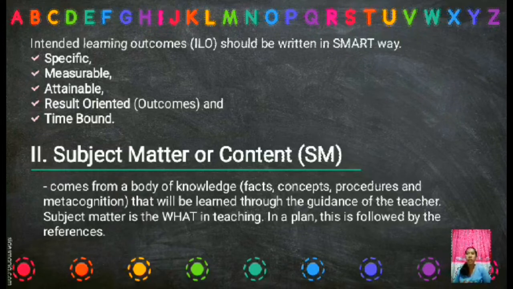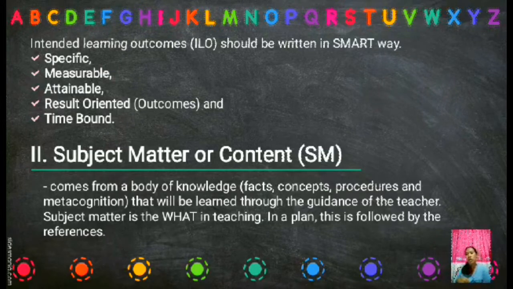So meaning when we create our intended learning outcomes, when we say it should be specific, you should use clear and direct language in telling exactly what the learners should learn. Next is measurable. So when we speak about measurable, it is something you can measure. Kalang diri i-determine nimo if the learner can meet and perform the learning outcome ni imong gibuhat. And next is attainable. So pag mingon tag attainable, it means that it is achievable. Meaning, achievable siya sa imong students. Like, makaya sa imong students.